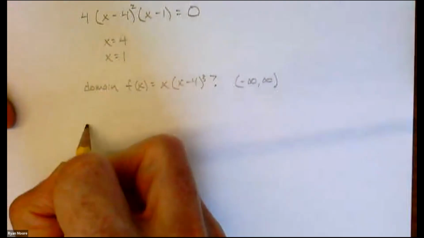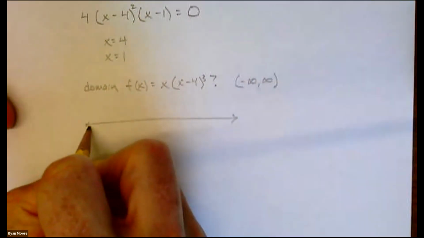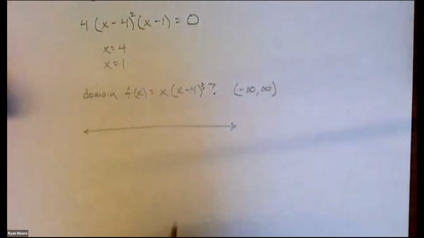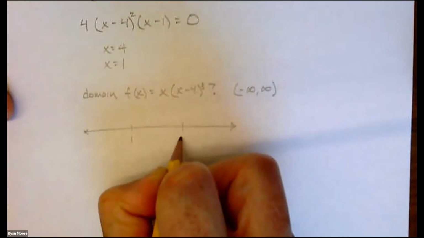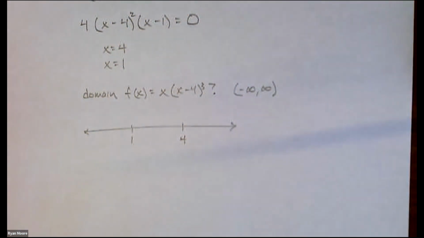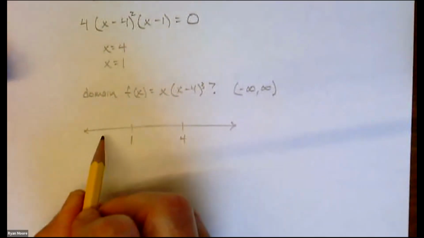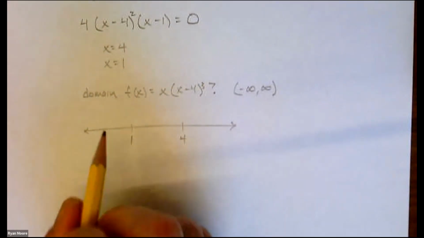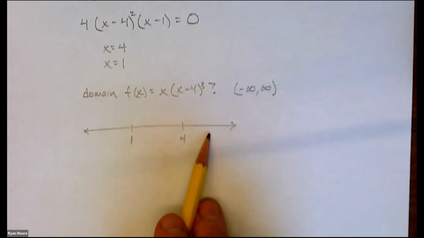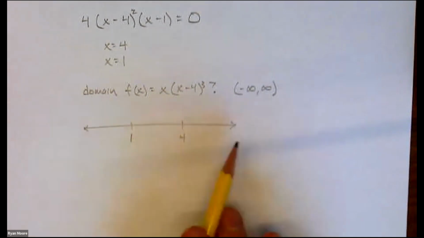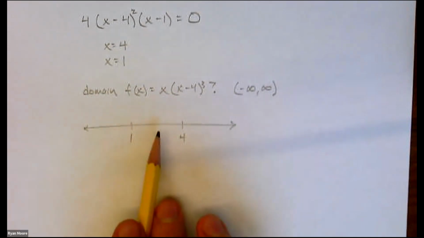Okay, we're going to establish that domain. We're going to mark our two numbers. Just make sure they're done in order, the 1 first, then the 4. And again, we have these 3 sections. Okay, let's check it out. So maybe here we could use 0, that'd be good. Maybe 2 and maybe 5. I'm not going to really write those, but I'll know 0, 2, and 5.